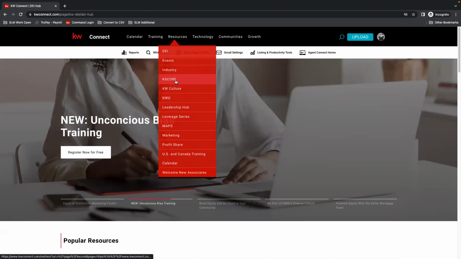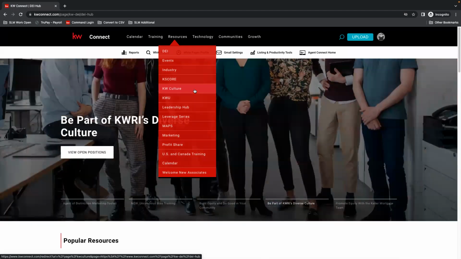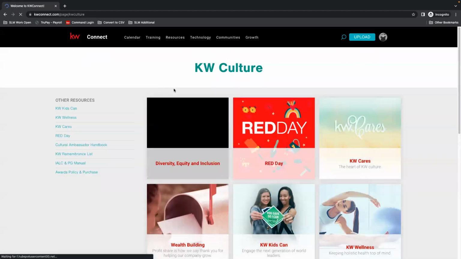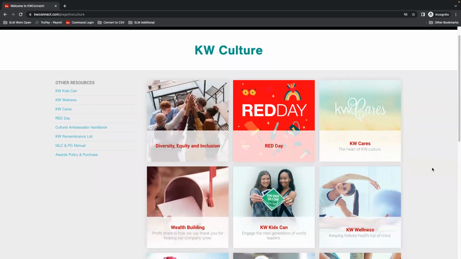Same thing with K-Score. You can see all of the K-Score material and announcements and resources that are available to you. Maybe you know someone that's wanting to join K-Score because they want to get their license and you want some more information on it. You have the KW culture section. So that kind of encompasses all of these